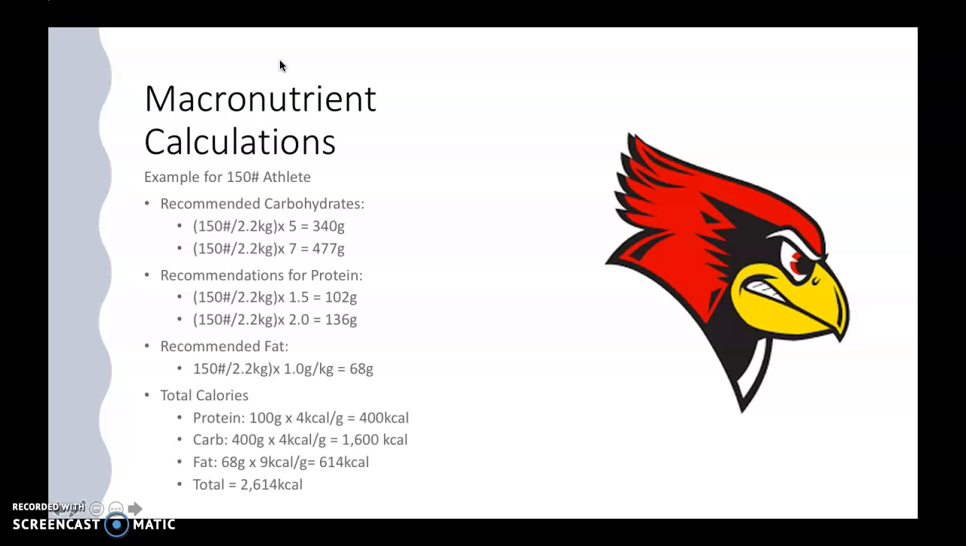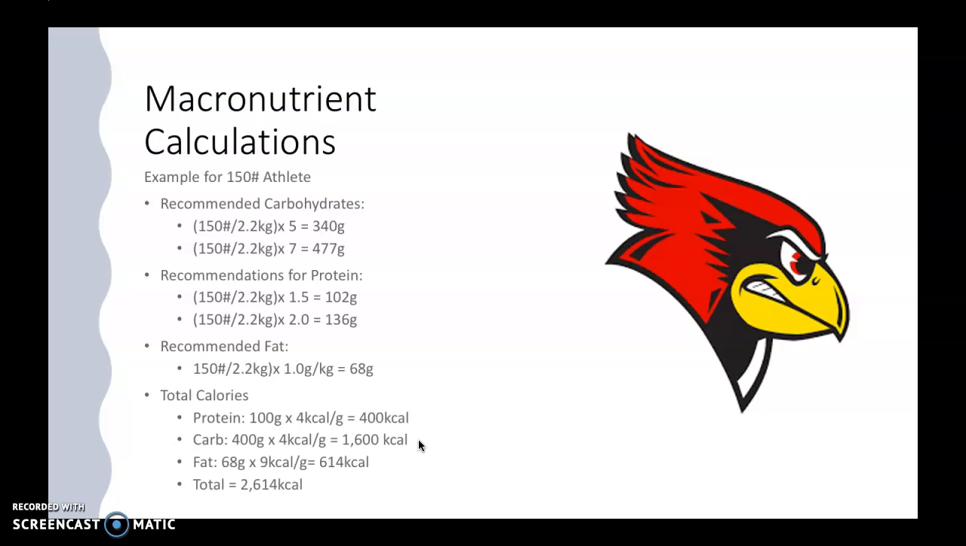So here's a calculated example. So this is a 150-pound athlete. The recommendation is going to be the 5 to 7 grams per kilogram for carbohydrates, and you see that we take their weight divided by 2.2 to get their weight in kilograms, then you times it by 5, and then you also times it by 7 to get your range. So this person's going to want to consume 340 grams to 477 grams of carbohydrates. Now if we go down to the bottom with total calories, you take the grams times 4. Like we said before, there's 4 calories per gram,